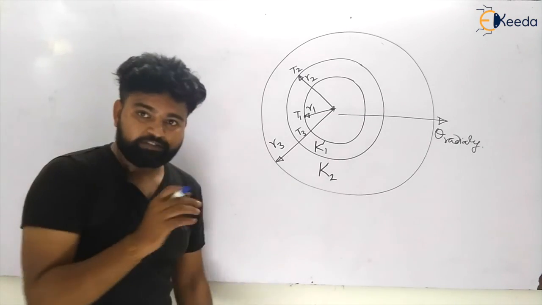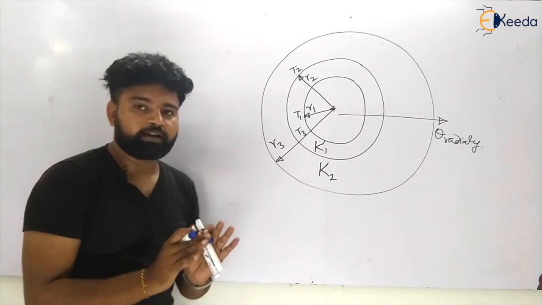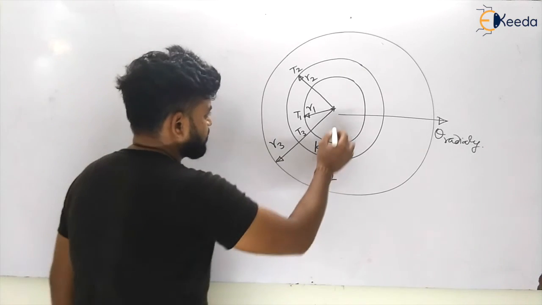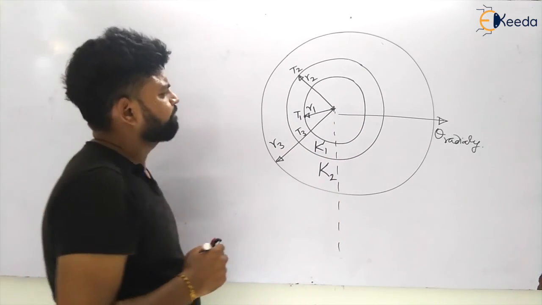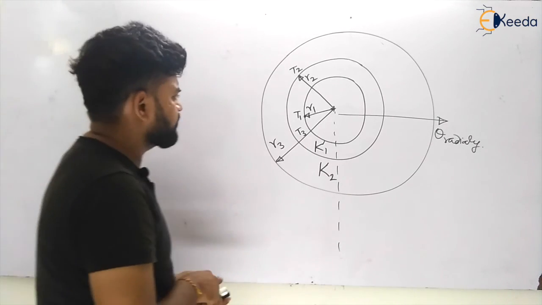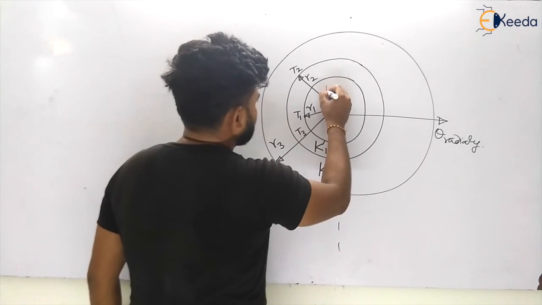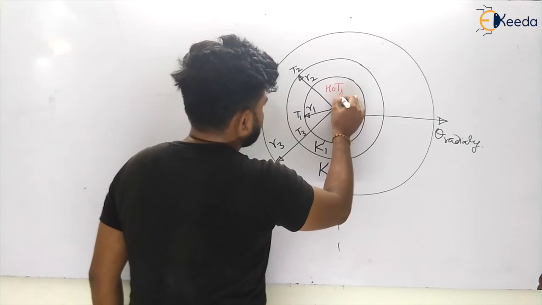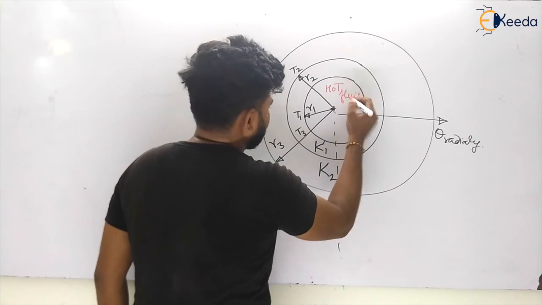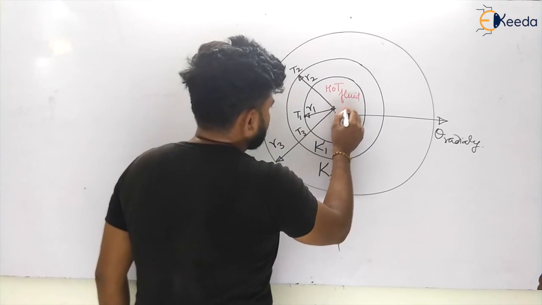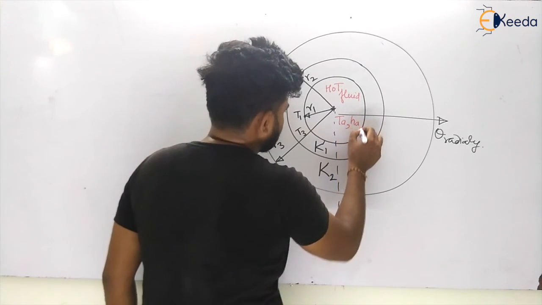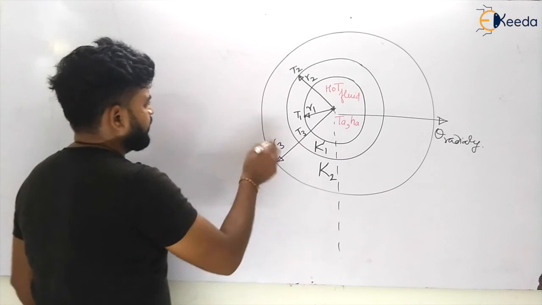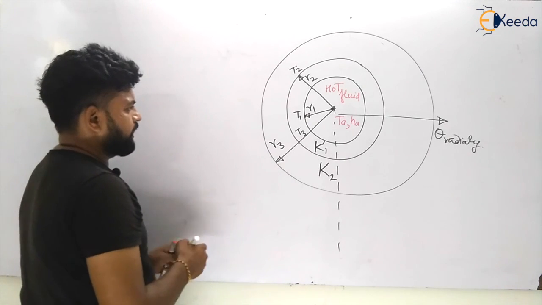Now we know the heat transfer inside the spheres. So my dear students, if I make a thermal resistance circuit diagram for this, let us see. Let us consider convection also. Let us see there is a hot fluid inside. I am making it a little bit difficult so that all concepts will be clear. Let us take the heat transfer coefficient as hA, and let us take outside there is some air or cold fluid.